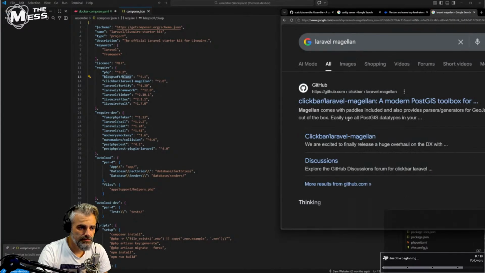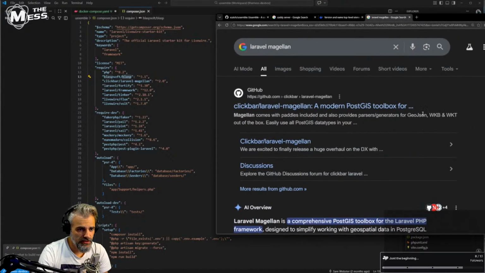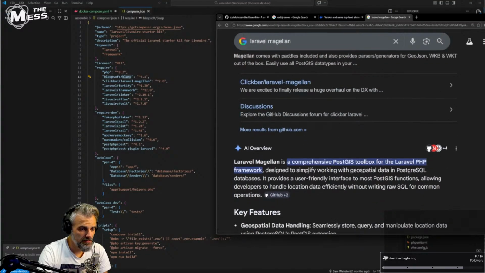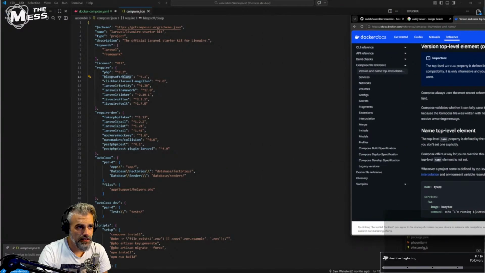What does that do? Parsers and generators for GeoJSON, WKB, WKT out of the box. PostGIS data types. Working with geospatial data and Postgres databases. Right, so we are going to need